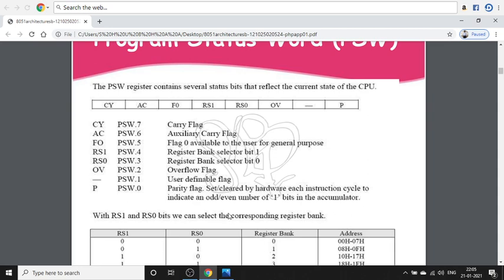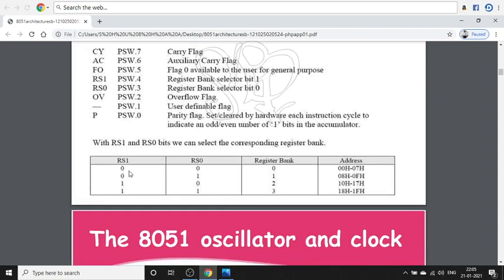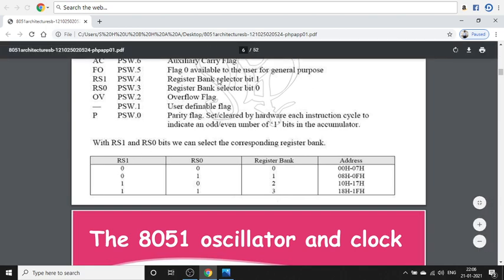Next we discuss RS1 and RS0, the two register bank select flags, with combinations 00, 01, 10 and 11.